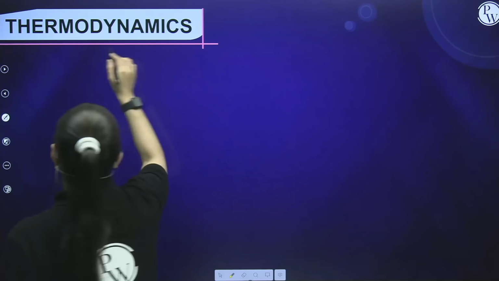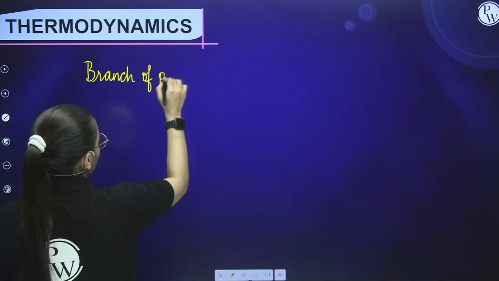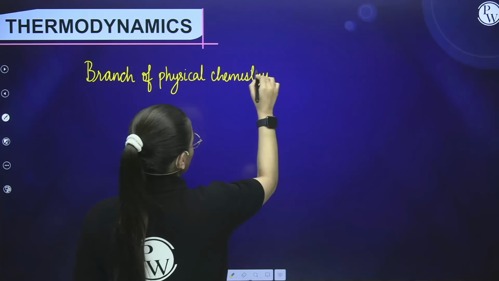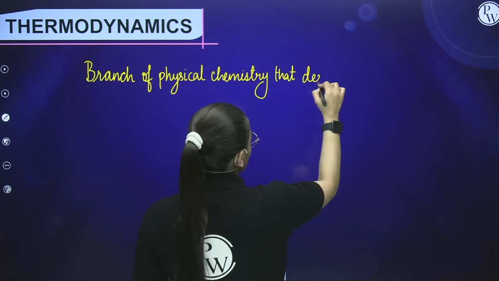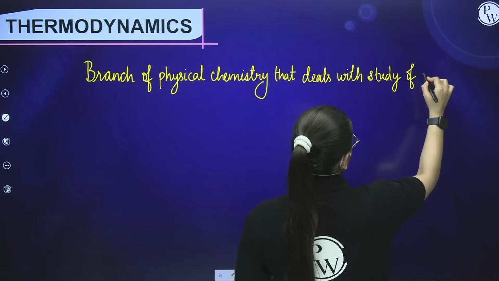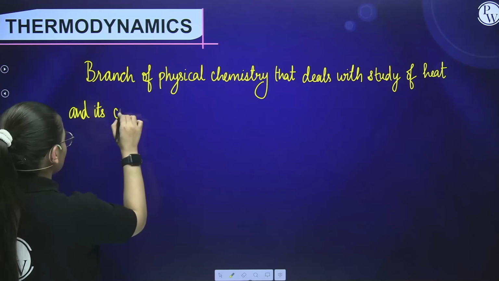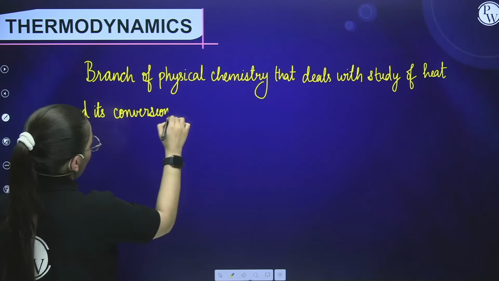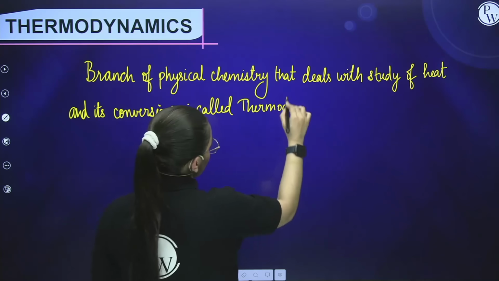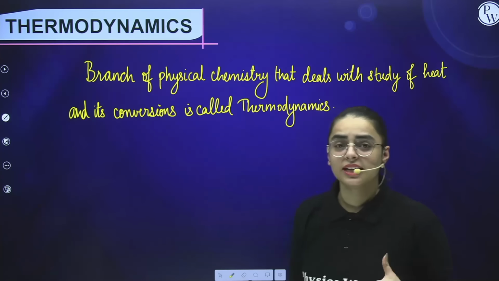So students, if I talk about the definition of thermodynamics, it would be the branch of physical chemistry that deals with the study of heat and its conversions is called thermodynamics. Now students, if I talk about the scope of thermodynamics, then thermodynamics basically explains to us about the feasibility of